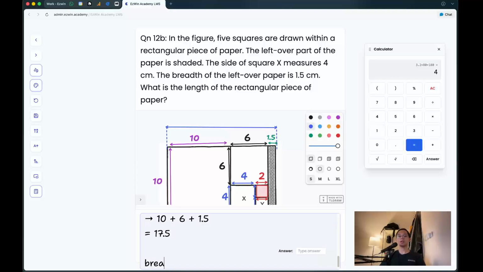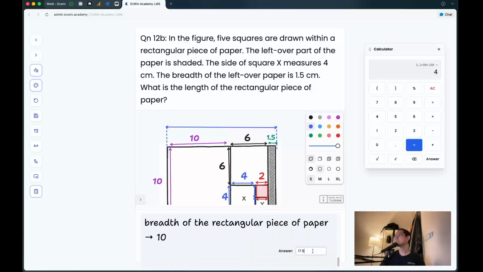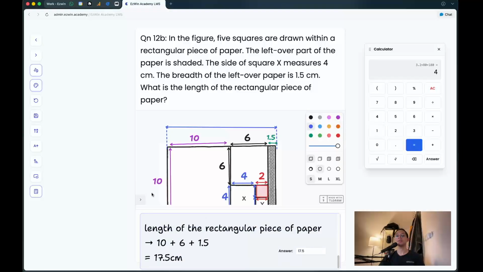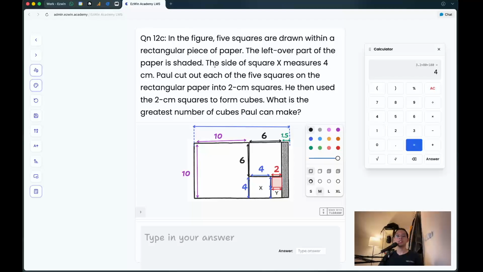Then we also know the breadth of the rectangular piece of paper is 10. So we have the length. Okay, I went a bit too fast, but 17.5 centimeters. You don't need the length, huh? I thought we are looking for the area. But yeah, 17.5 centimeters. So for part C, Paul cut out each of the 5 squares on a rectangular paper